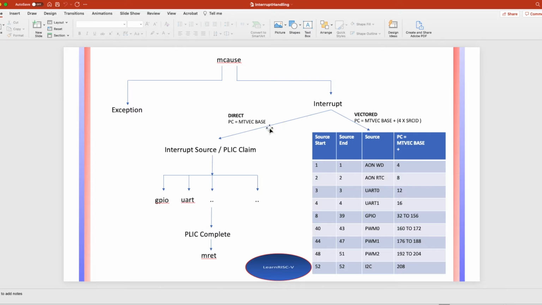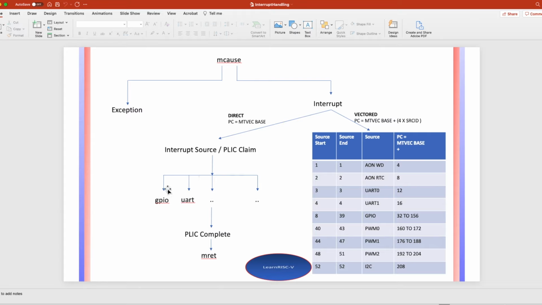Till the previous session, I had trap handling in direct mode, in which for any interrupt source, the execution would jump into the MTVEC base address, and within that,